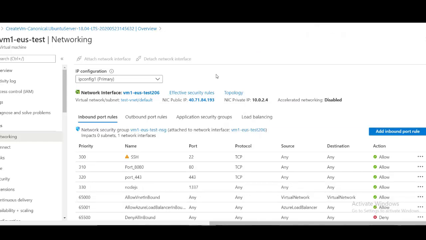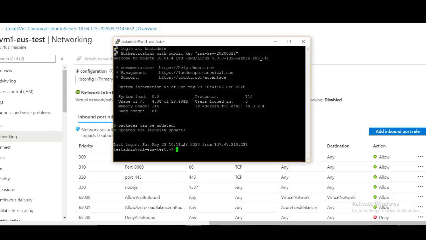So guys, after completing all these steps, you have to install Node on your virtual machine. Click on this option, go to your virtual machine, and then type this command. Let me show you. That is sudo apt install nodejs, and click enter.